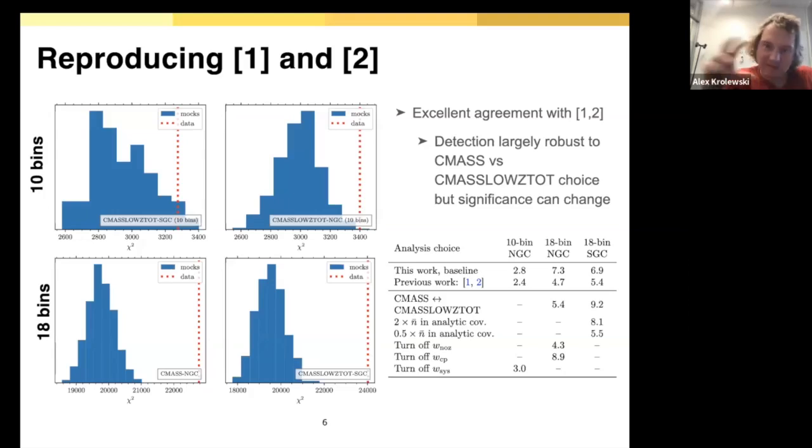And below the top line, I've also shown a number of different baseline systematic tests. So we swapped the sample, CMASS versus CMASS low-z total. And then we checked what would happen if you turned off the weights. And consistently with Jamie's analysis, the parity violation signal does not go away when we make any of these changes. The detection significance does move around, in some cases rather significantly, but in no case is there nothing detected.